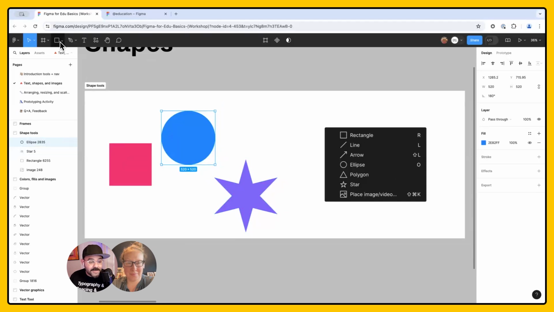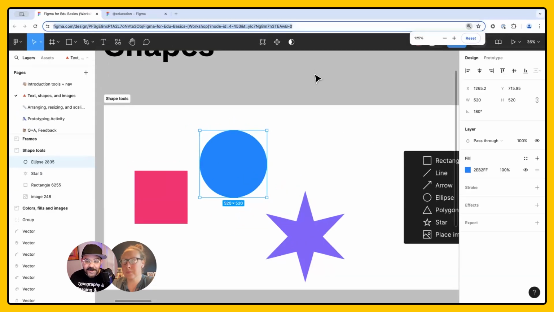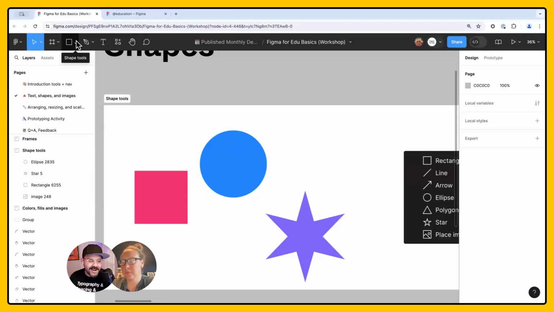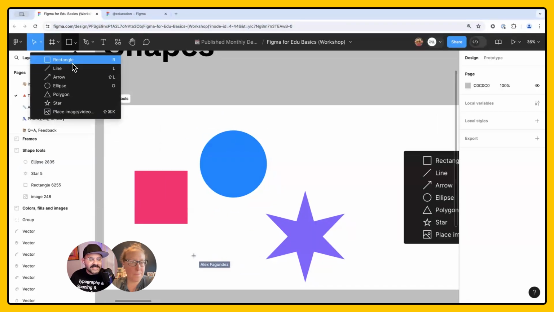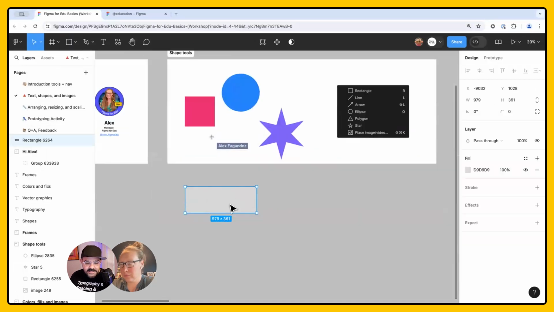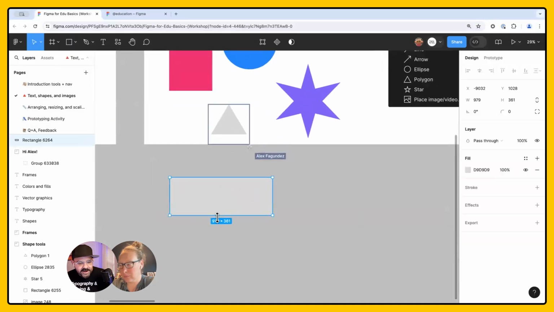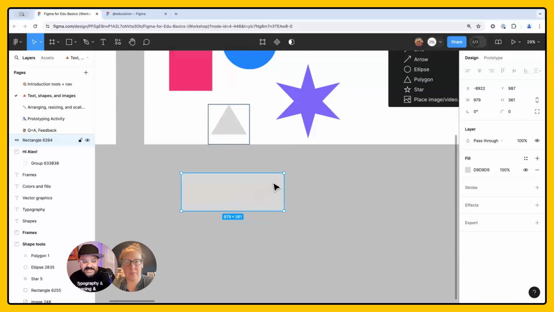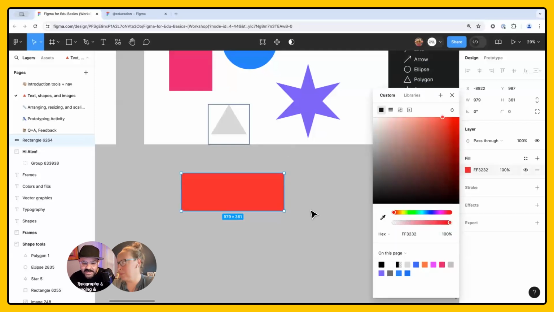I'm going to come up here to the top left panel. Let's zoom in my interface just a little bit, for those of you in the back, so you can see it a little better. I'm going to click right here in the shapes and you can see the arrangement of shapes that I have available. So I can draw a rectangle. Alex, you could draw a rectangle too. Alex is drawing a triangle. There we go. You can select that object and you could change its color.